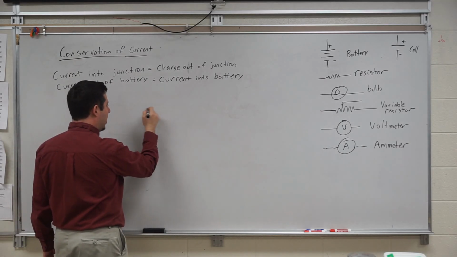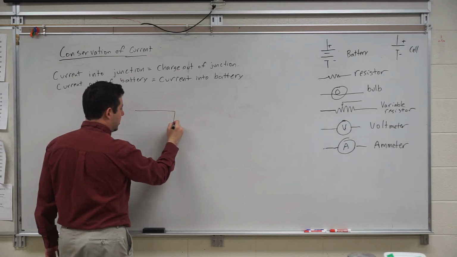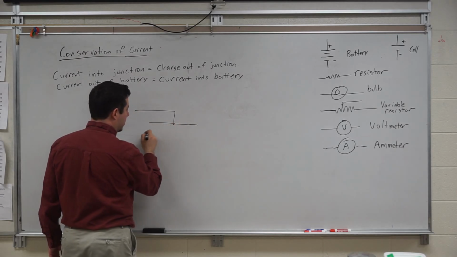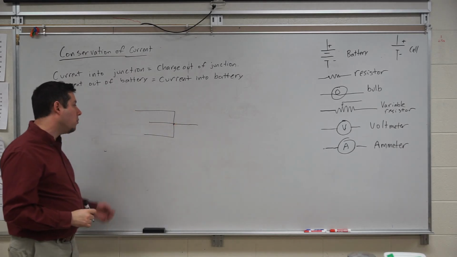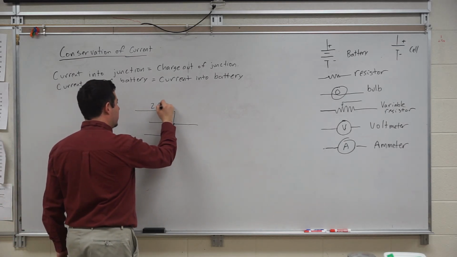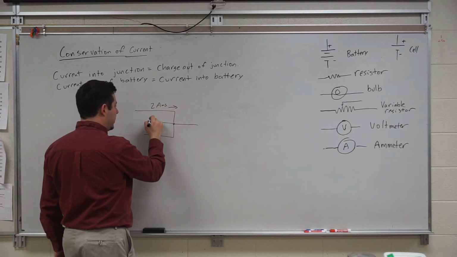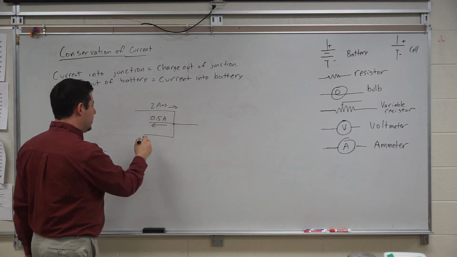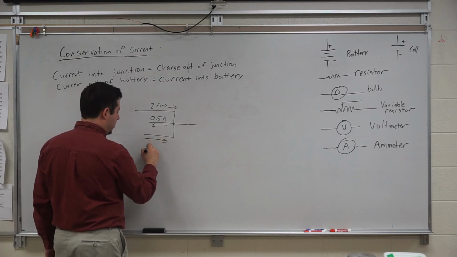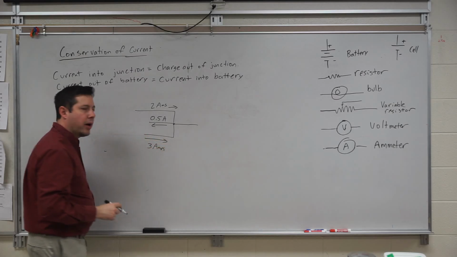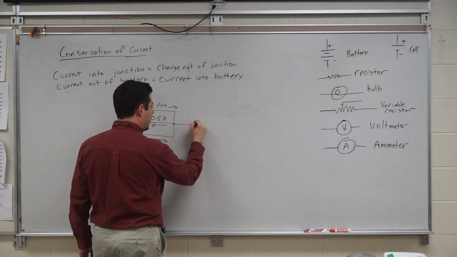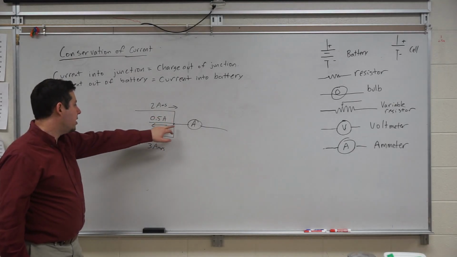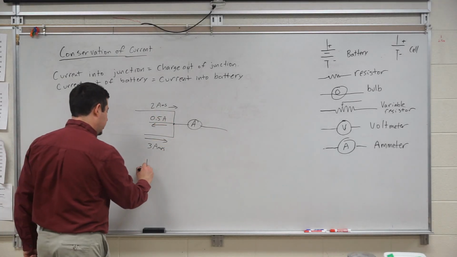So let's take something a little more complicated. I have 4 paths right now. Let's say that this has 2 amps going this way, and this has a 1/2 amp going this way, and this has 3 amps going that way. And you want to know what an ammeter over here is going to read. Well, let's think about this. You've got 2 amps in plus another 2 amps in. So a total in